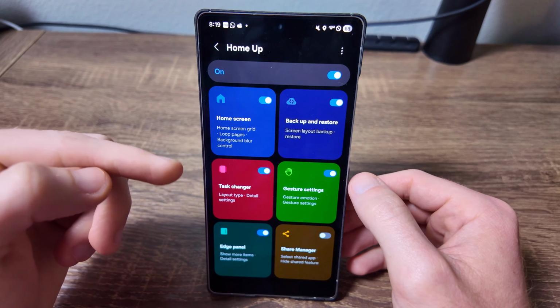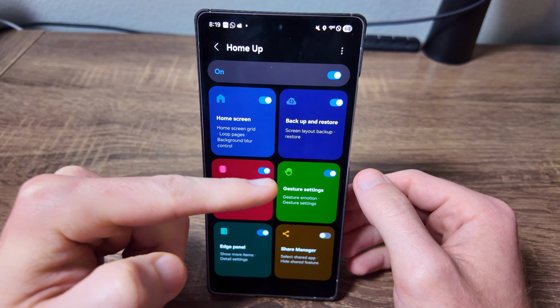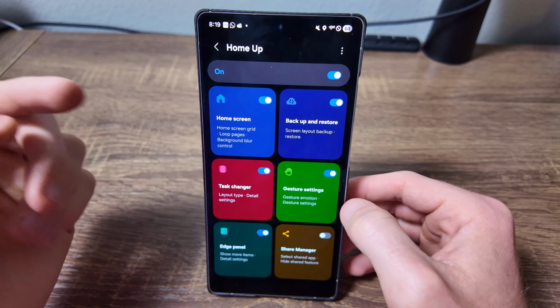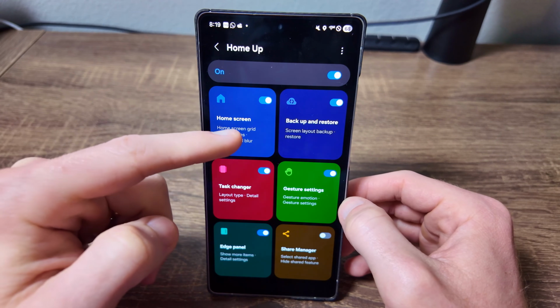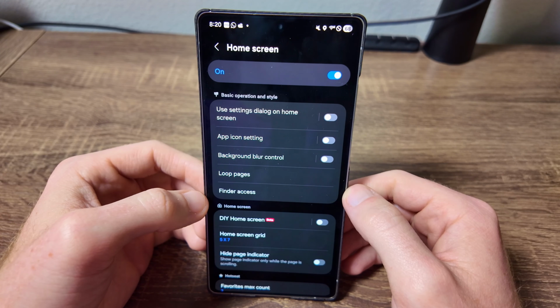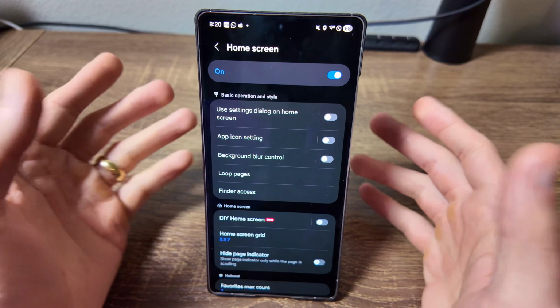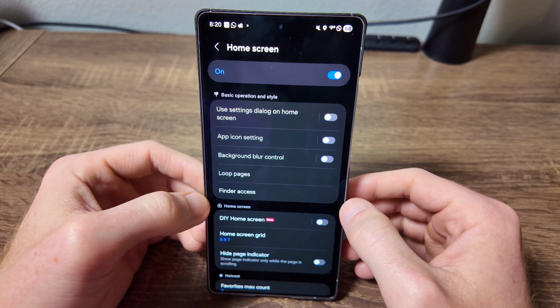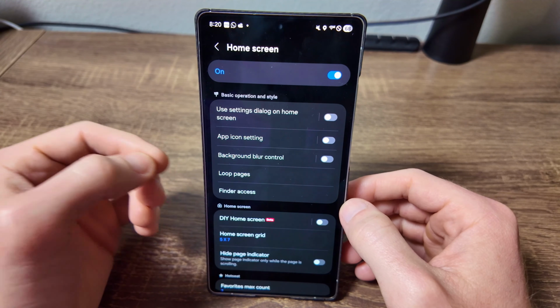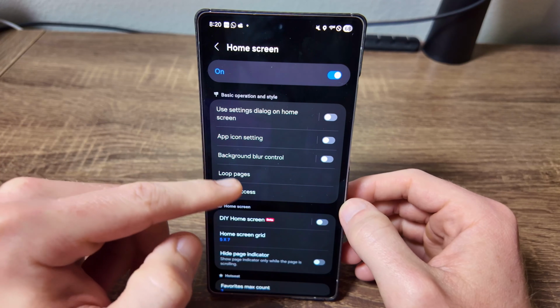Okay, so we're not going to talk about the task changer, edge panel, or gesture settings in this video. Let's go ahead and turn on home screen and open this up. Now, I'm not going to go through everything here because I just don't use all of it for my home screen setup. But something important to know is that if you don't understand a setting, like this one for example,